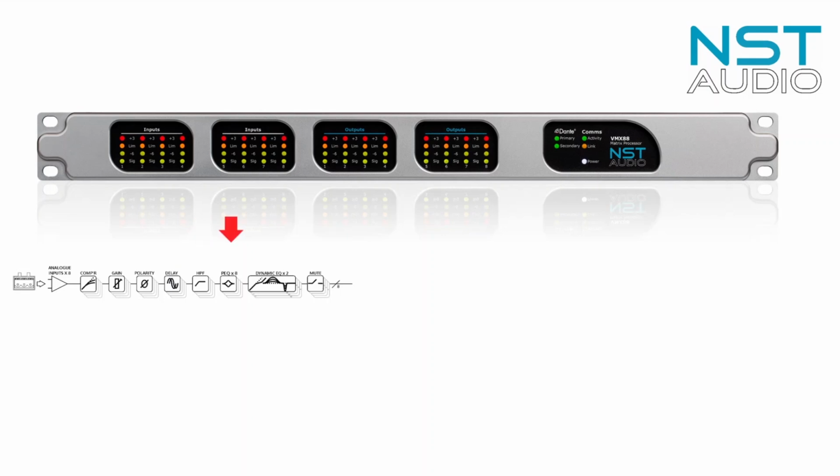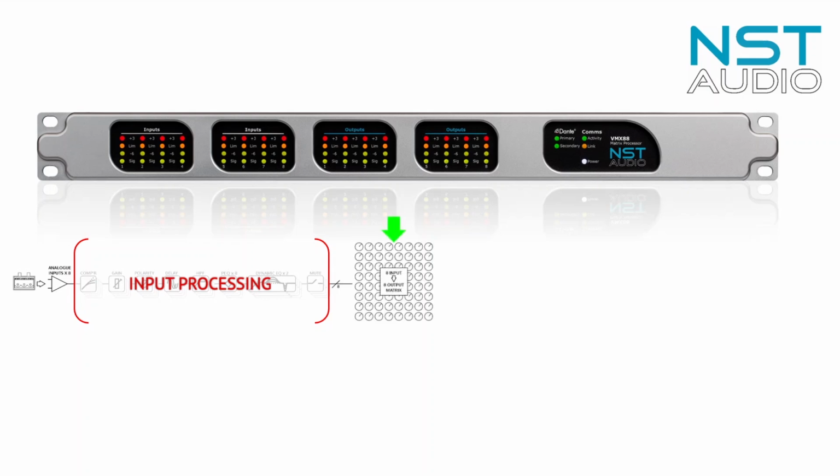8 bands of parametric EQ, with multiple filter types, including PEQ, high and low shelving, high and low pass, phase, and all pass. 2 bands of dynamic EQ which can operate in boost or cut modes, and with a parametric or shelving response, and lastly, a channel mute. We have 8 analog input channels that all have this input processing available. Next we have an 8x8 matrix that can mix any analog input to any analog output channel.